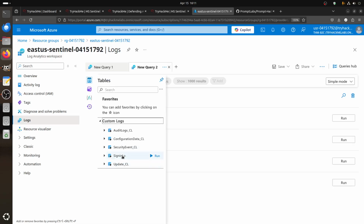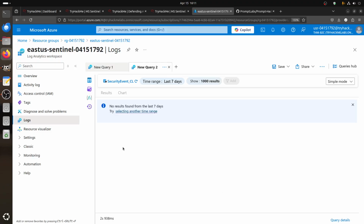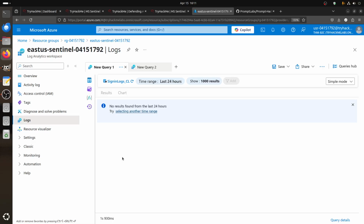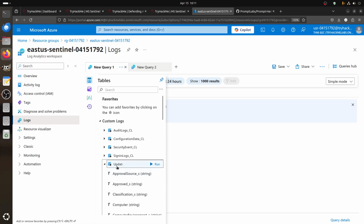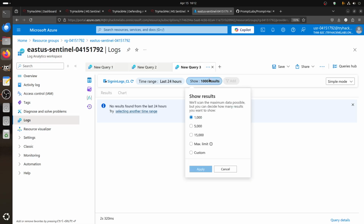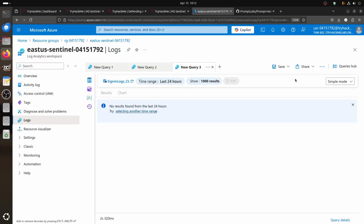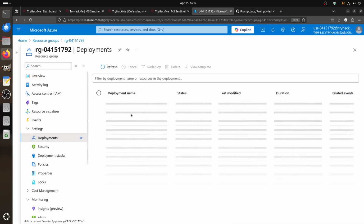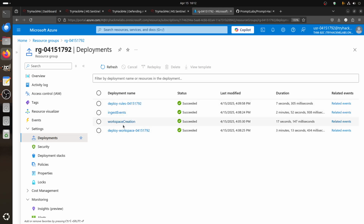Select table, custom. Don't do this to me. So the logs didn't pass through. I need to redo this video now. Let's check the other tables. Still nothing. What's going on? See, if the logs are not there, the deployment is fine. There's no error on them. So the rule that we did now, the ingest deploy,